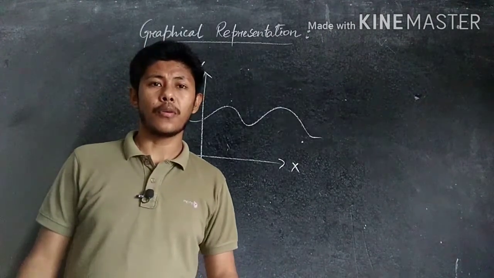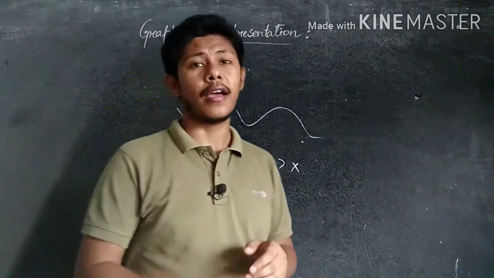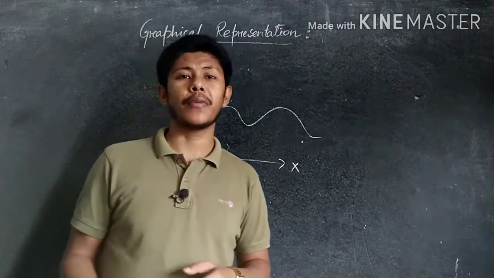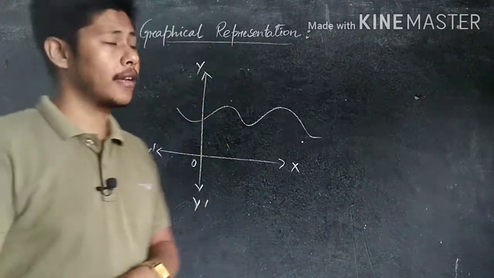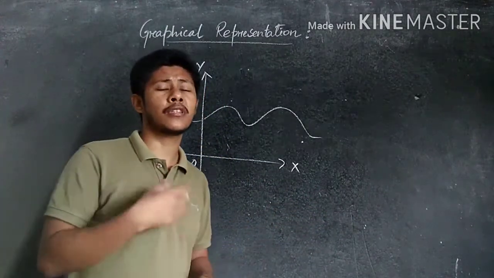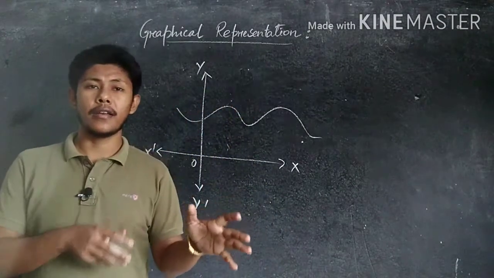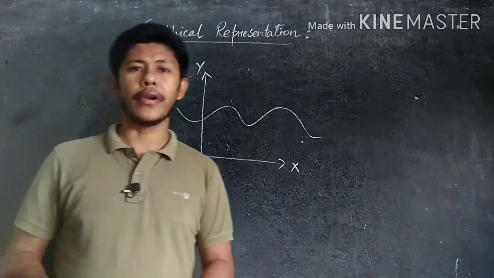Is it clear? So mainly these 5 graphs are important here. In our next class, we discuss their mathematical representation. Here we discussed graphical representation, and in our next class we have to discuss mathematical representation. And with this we discuss the interval, how we can find out the interval also. Is it clear? Okay, thank you.